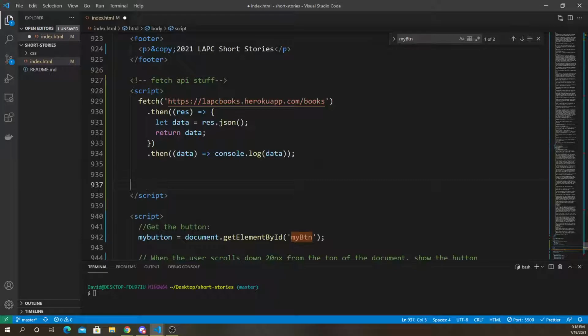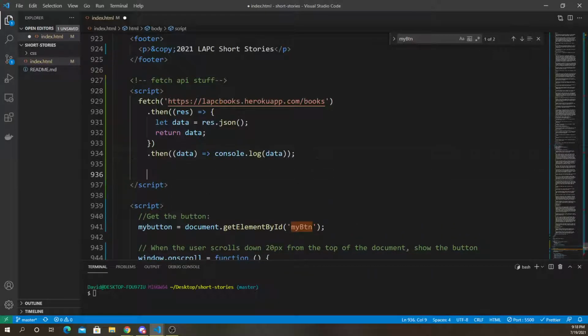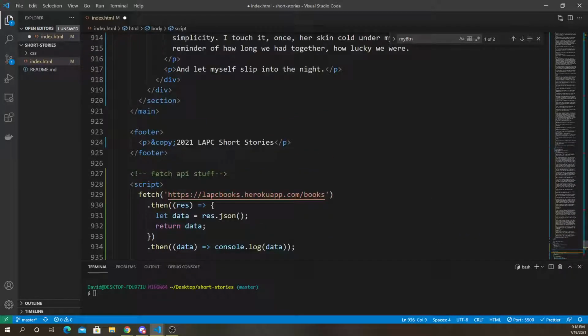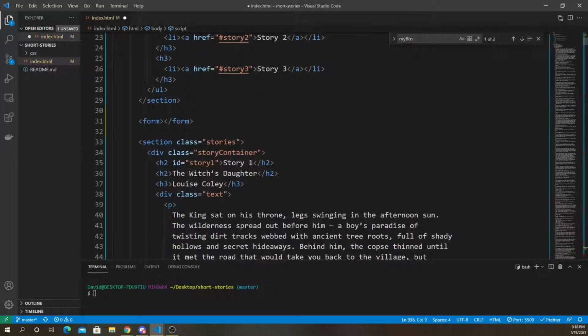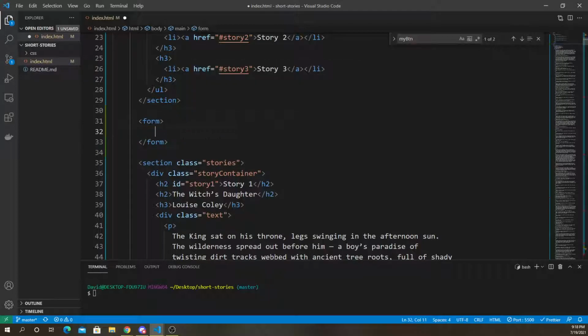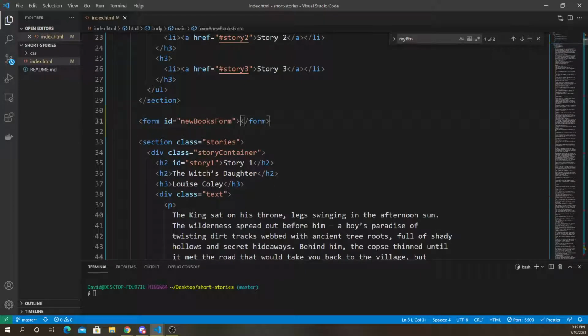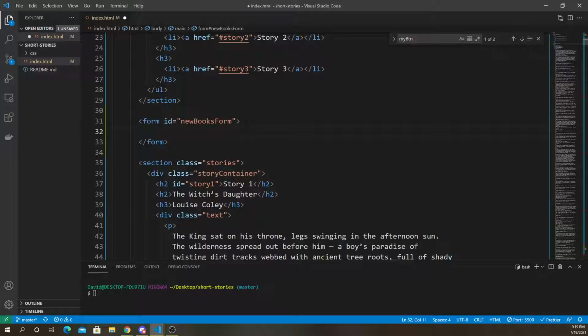So that's the one that we're gonna listen to for whenever the post is submitted. Okay. So all the way back here. That's why I'm creating this form. Okay. I'm gonna say form ID equals new books form,